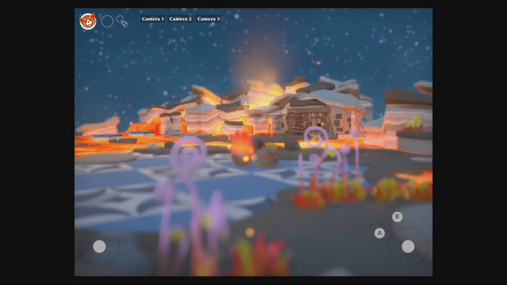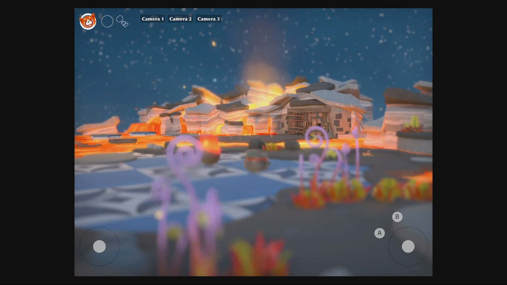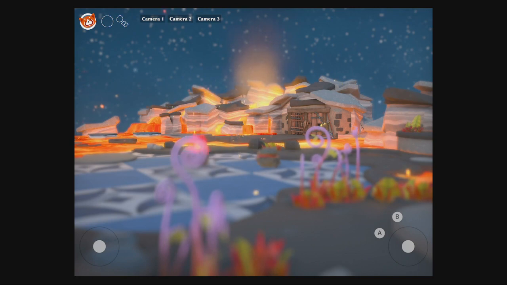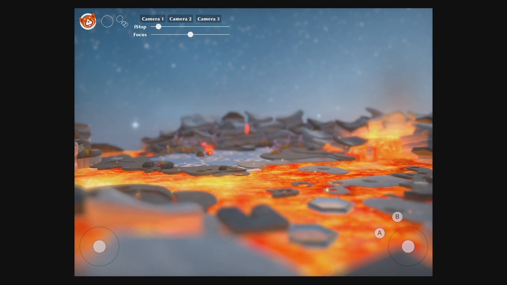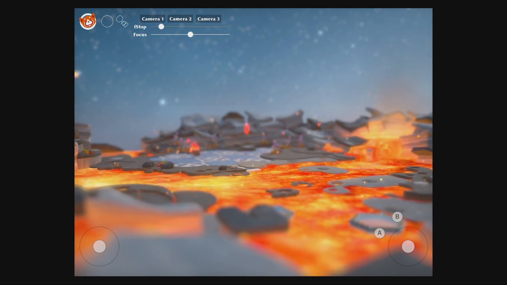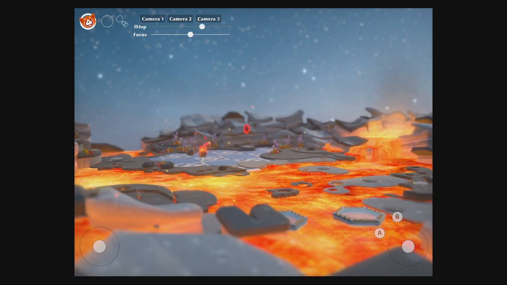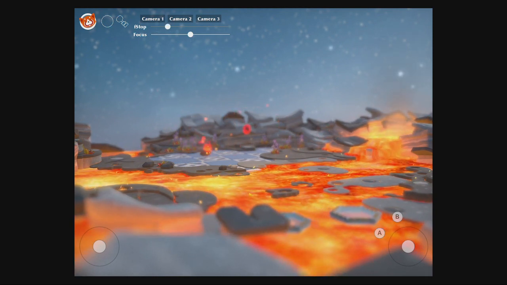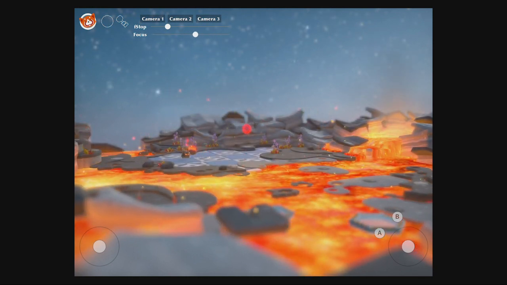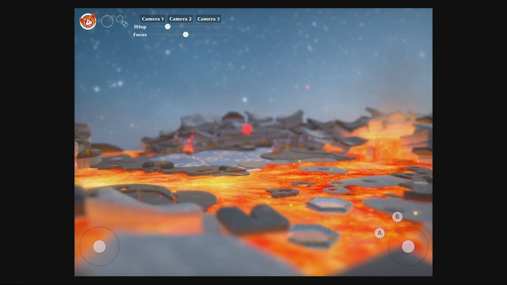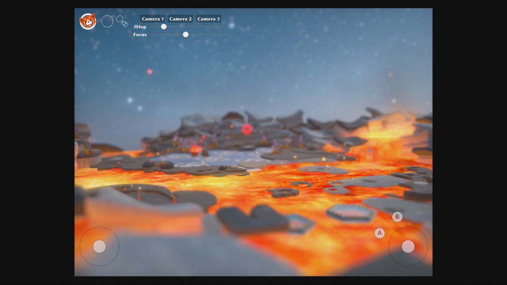Now, with this second camera, I now have a far focus distance. So the objects in the background are sharp, and the flowers in the foreground are blurred. Yet another point of view, and here I can, for example, play with the f-stop number to get more or less blur, like a real photo camera. And then, with the second slider, we define where we want to focus in the scene. So this new depth of field effect can be incredibly useful, for instance, to produce cinematic effects in video games.